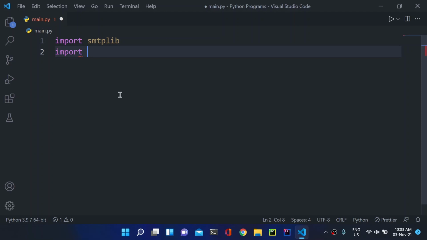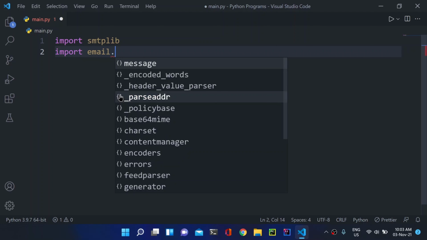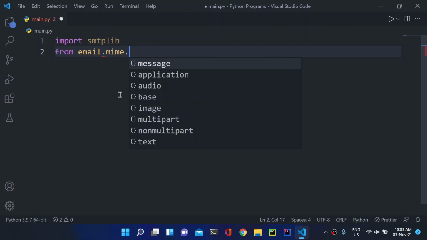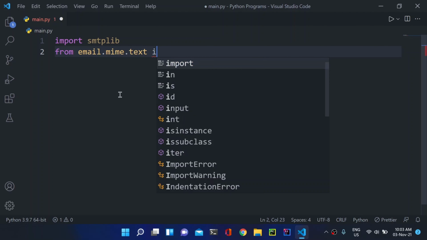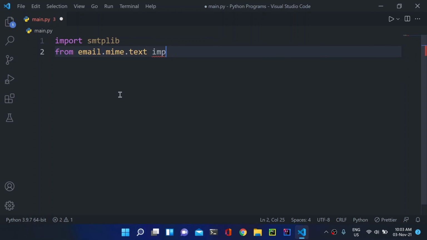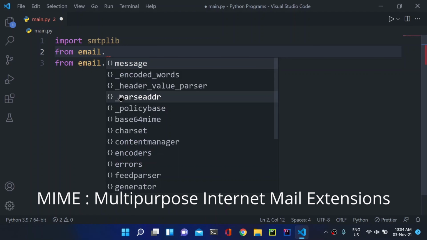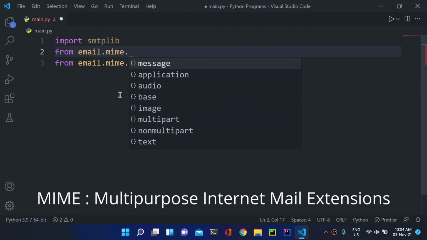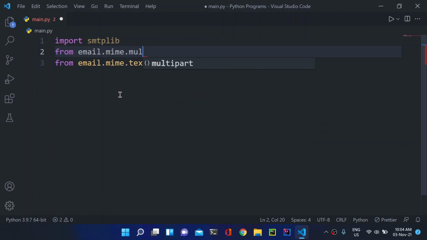We need to import those two classes as well, and those are from email.mime.text, we need to import the MIMEText class. And similarly from email.mime.multipart, we need to import the MIMEMultipart class. So these are the two classes which we need.